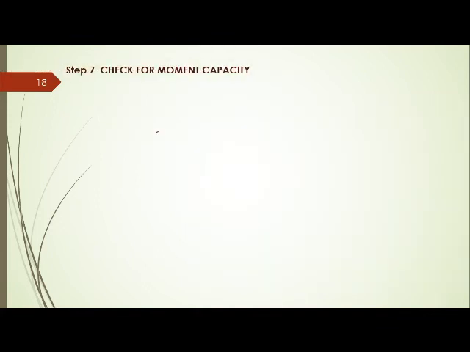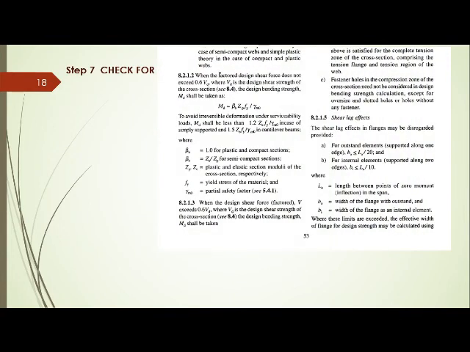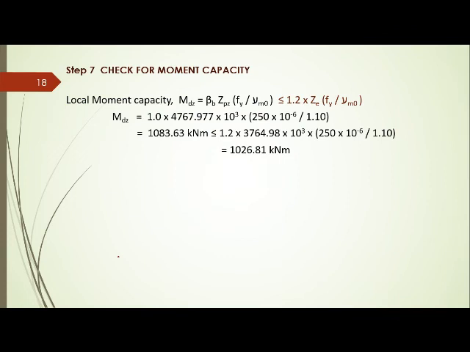So it is safe against high shear. In step 7, we will check it for moment capacity. Now it is sure that high shear is not occurring, so we may use this formula for checking. So these are the different references. We will check it here for Mdz, and that should be less than this value. We have seen that after calculation, putting the appropriate values, beta b is equal to 1, Zpz we have calculated, fy equals 250, and gamma m0 is 1.1, which is in table 5, page 30 of the code.